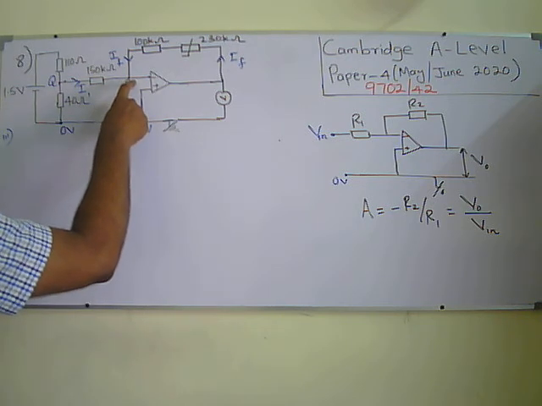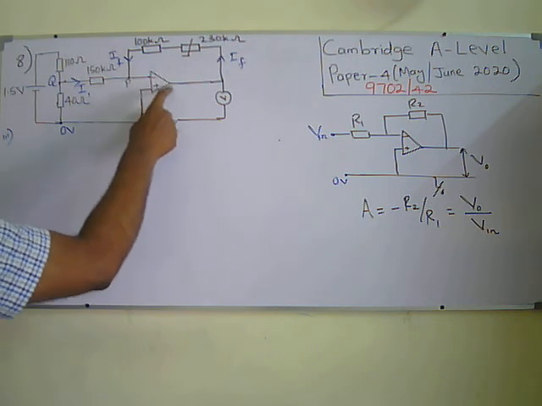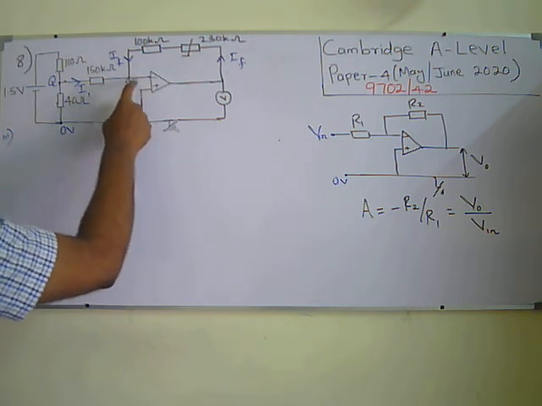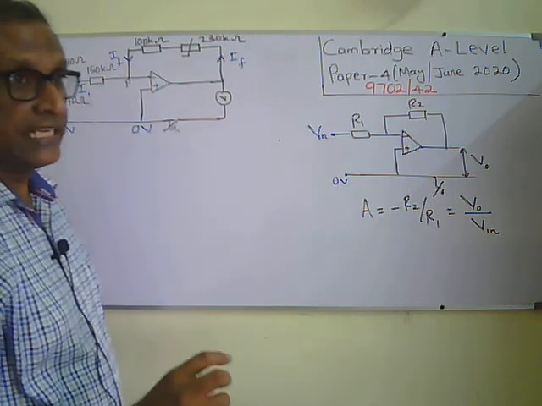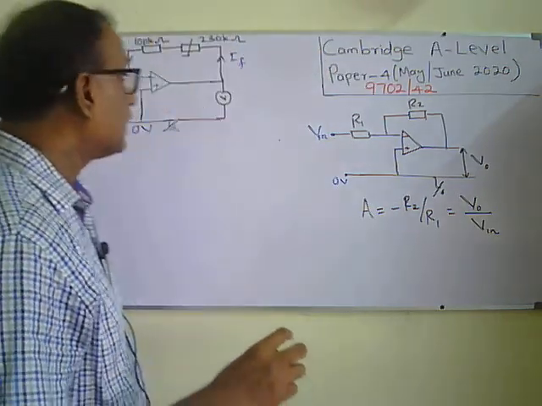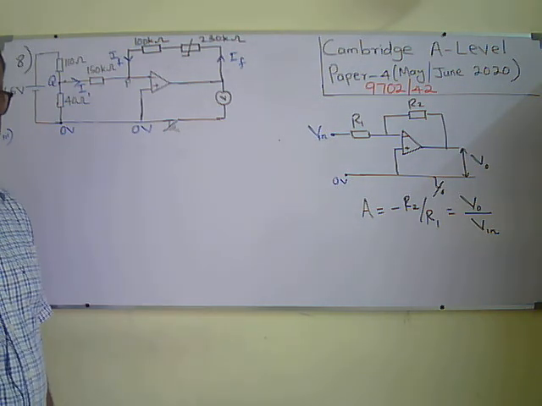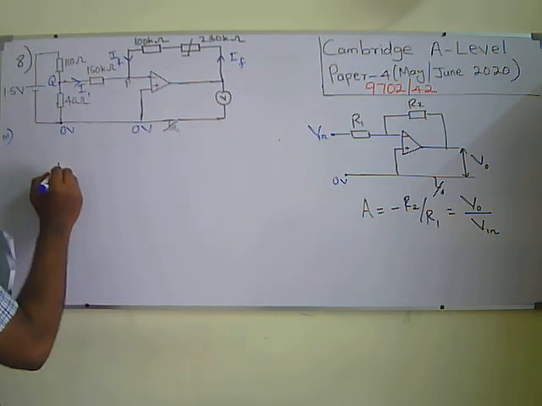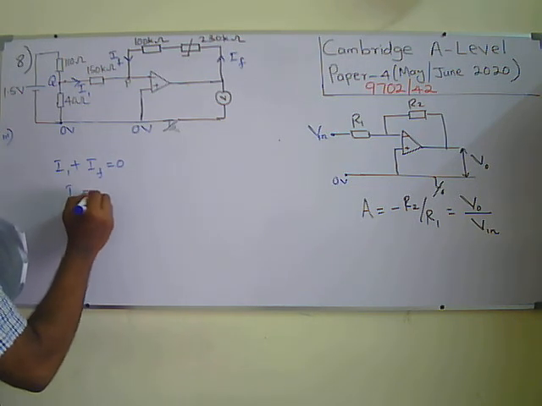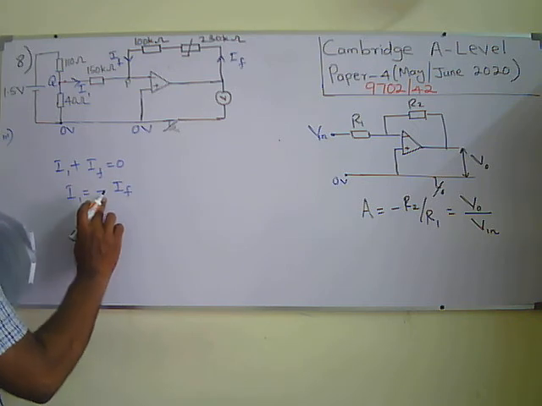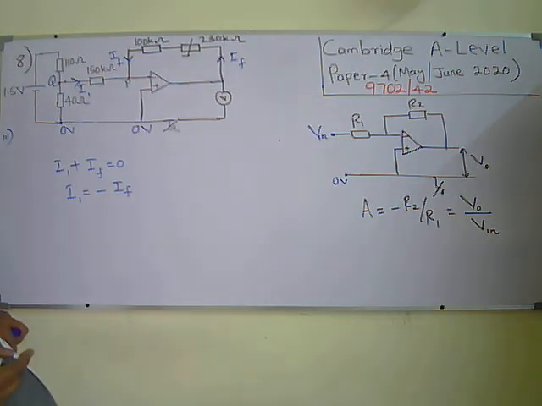So at point P, the voltage is 0, and you know that for open loop circuit. So when I consider this part, that's open loop without considering the feedback. The input impedance of the operational amplifier is very high. So there won't be any current flow into the inverting input. So I1 plus IF must be equal to 0. That is I1 is going to be minus IF. Minus sign, that's a feedback current, so negative feedback, so that's the reason it's negative sign.